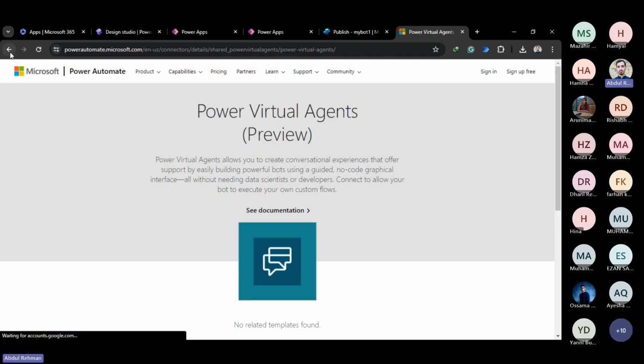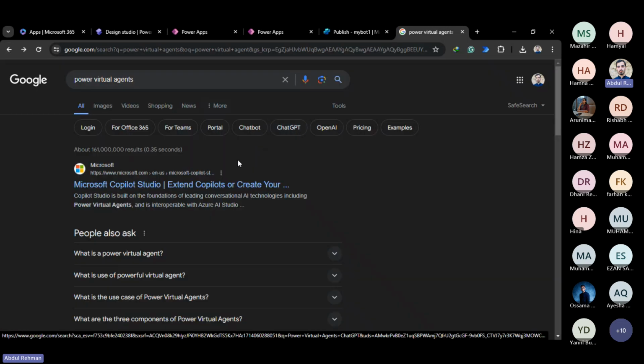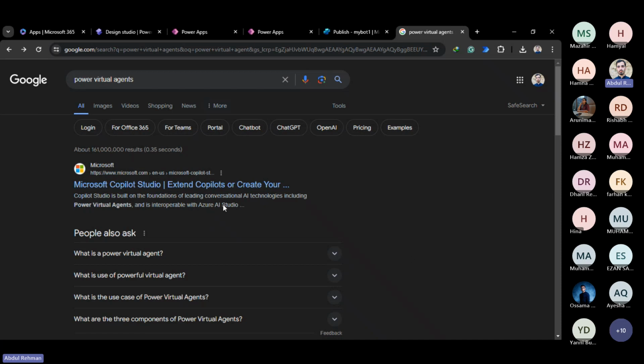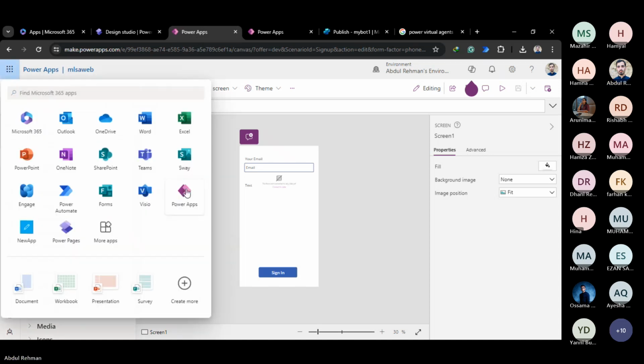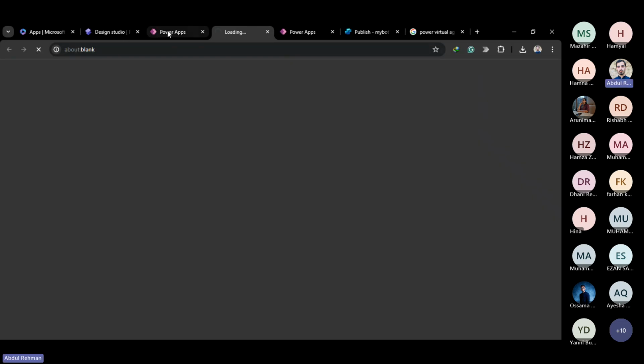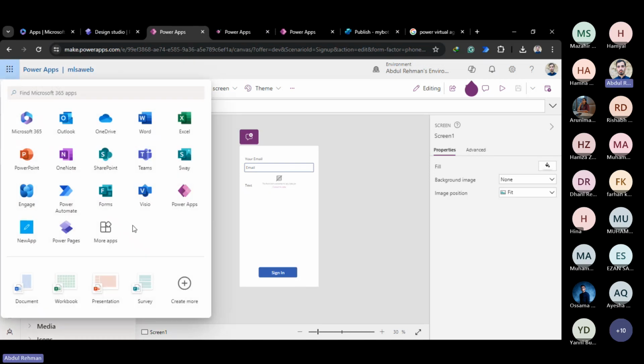So for accessing, either you need to go to Microsoft Copilot Studio, this one, the first link, or there are some more options like go to Power Apps, and from here,